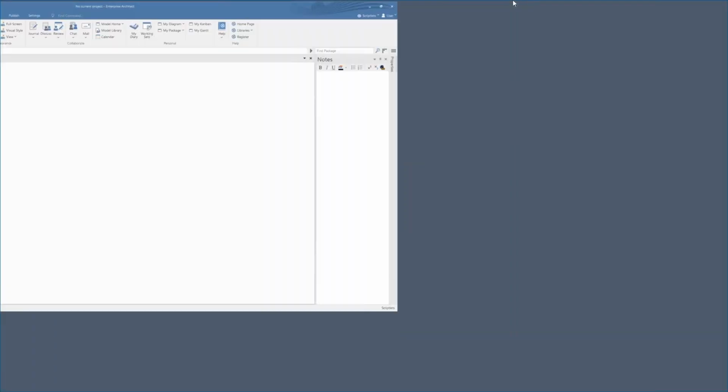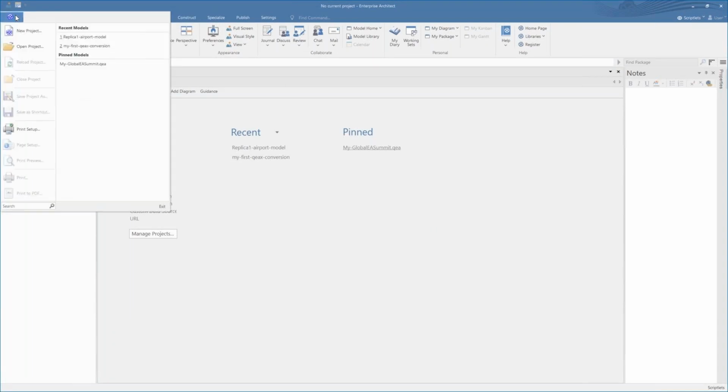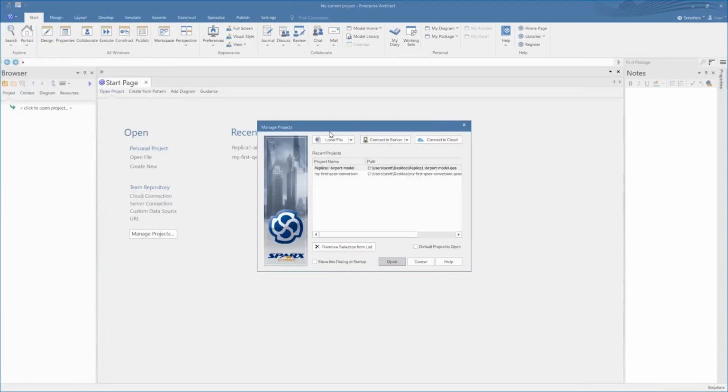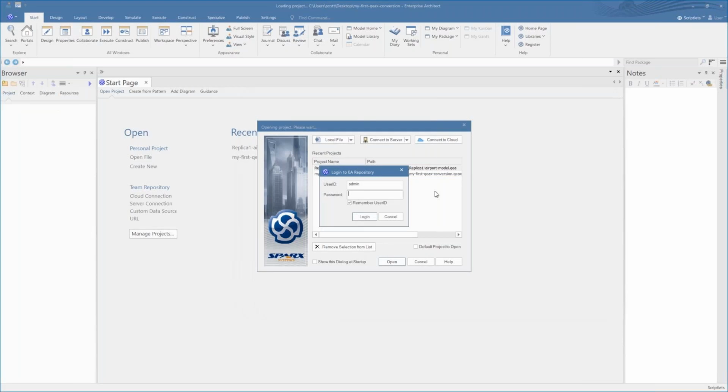So first thing I'm going to do is I'm going to open up Enterprise Architect. I'm going to open our project, and once again, it's just our local MyFirst QEA conversion.